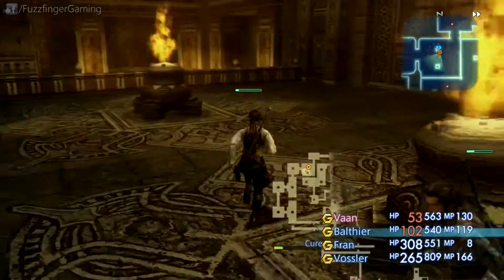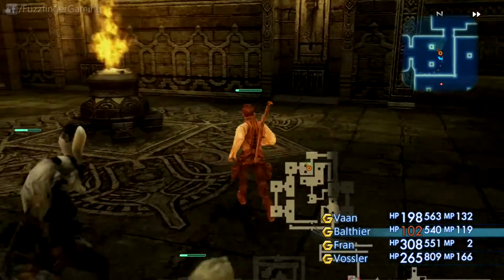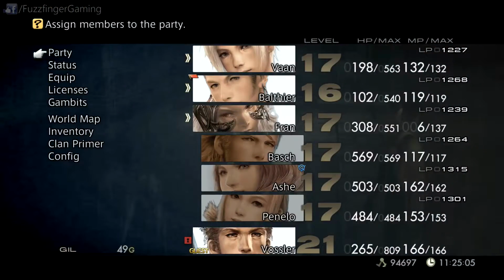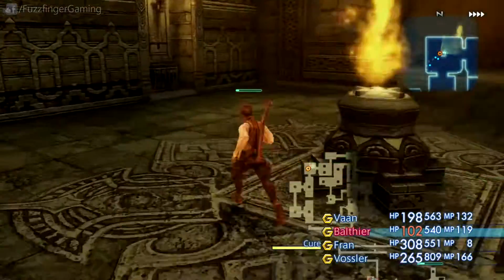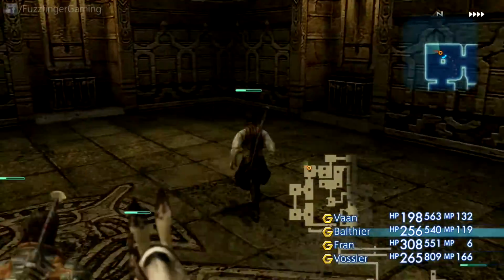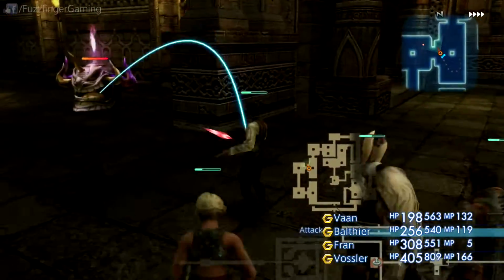Fran needs MP. Which means we should just run around for a moment. As a matter of fact, look, in the Zodiac Age you can do this. Head to config. Stick the speed multiplier onto 4. And then Fran is going to get lots of MP really quite quickly. 7, 8. Okay, she's healing at the same time, so...